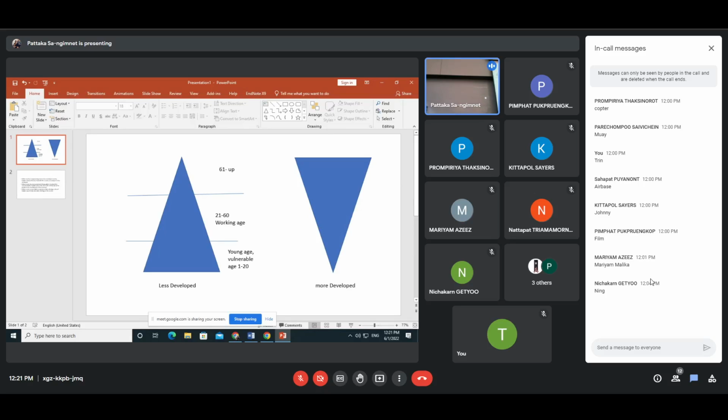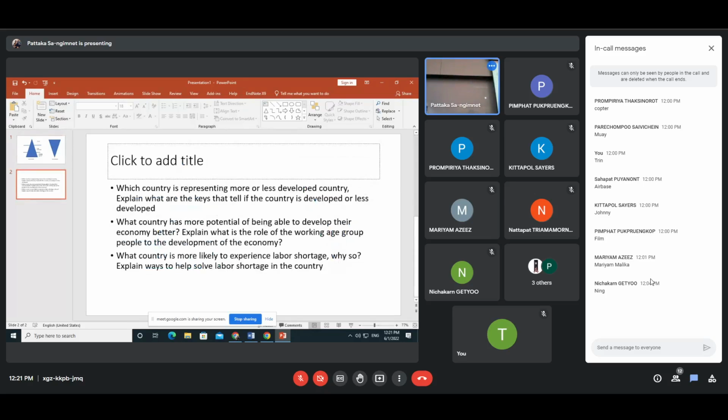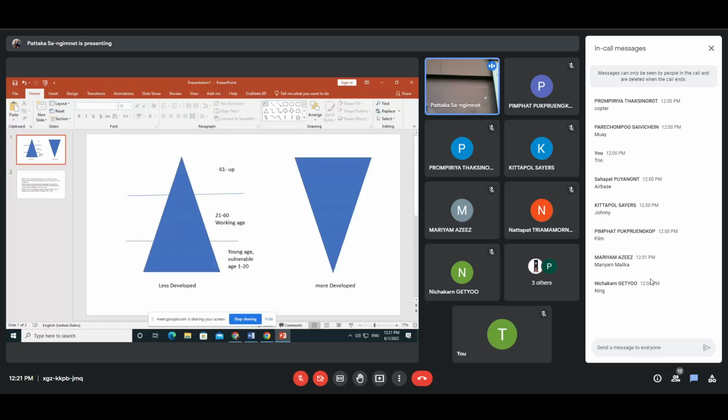Now, move on to the second question. What country has more potential to develop their economy better? We look at the working age population as the key. This time, you have to look at the working age population. Look at the size of the working age group. If the size of the working age group is large,